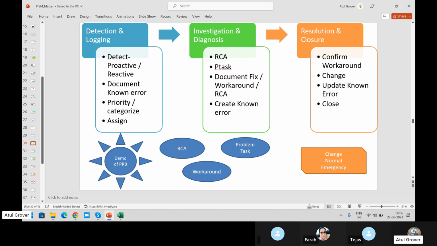A very debatable question. I will not go in depth because, as per the title, it says a little different. Proactive means something has not happened, but you find out that it can be a potential problem. To do proactive detection, you see the trend. I'll give an example. Let's say it's rainy monsoon time in India, specifically in Maharashtra side.